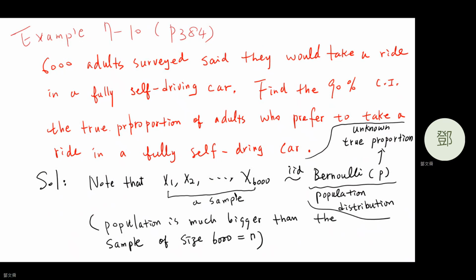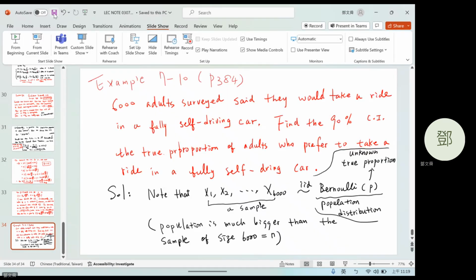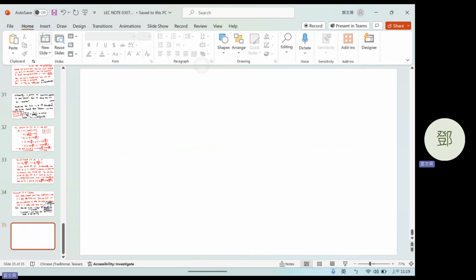And also the 95%, which is equal to 1 minus 0.1 times 100%, confidence interval for P is given by